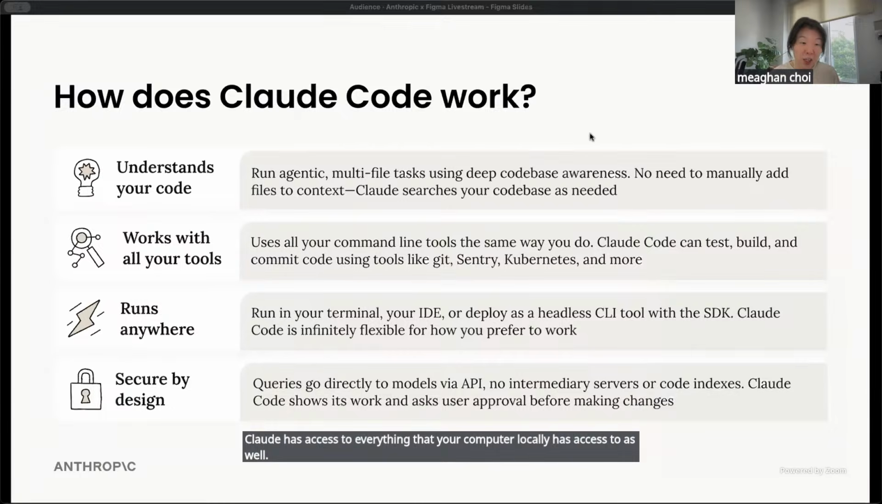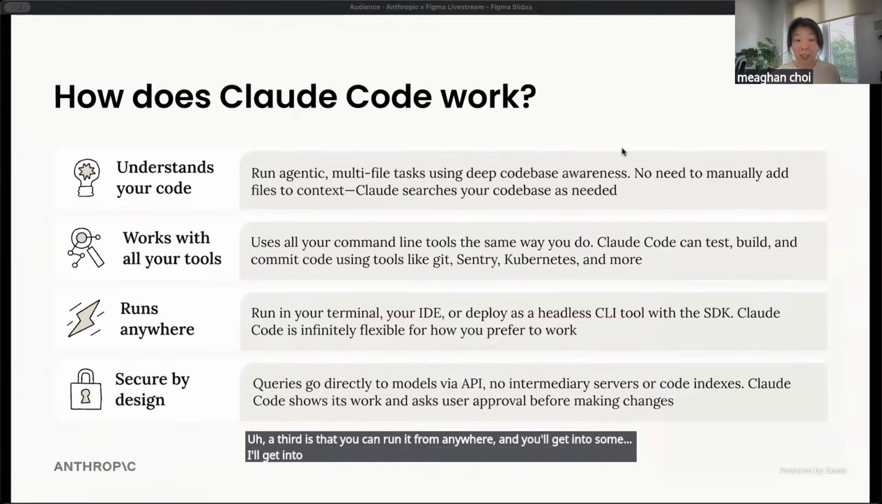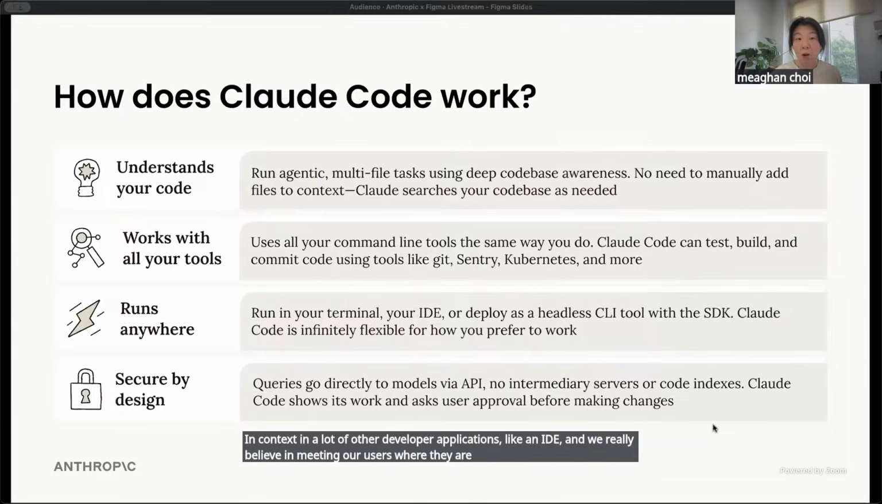A third is that you can run it from anywhere, and I'll get into some of the pro tips of this later. The most common is in terminal, and it might seem a little bit strange, like terminal is a very, very technical tool, but by building into terminal, you're actually able to launch it in context in a lot of other developer applications like in IDE. And we really believe in meeting our users where they are and not needing to break their workflows. And this just felt like the most natural way to be able to support whatever existing surfaces and workflows